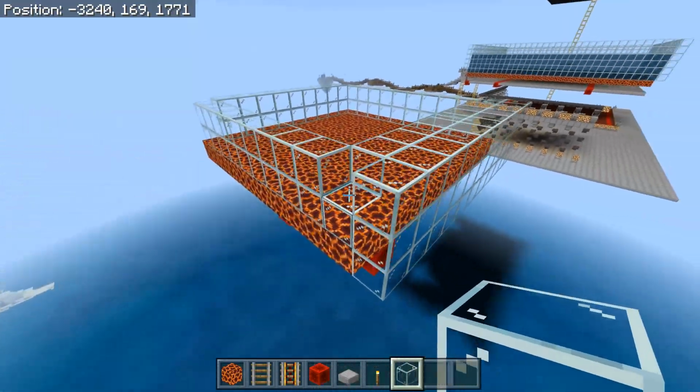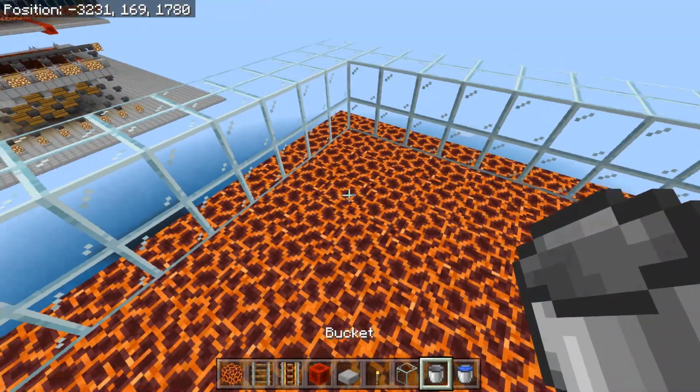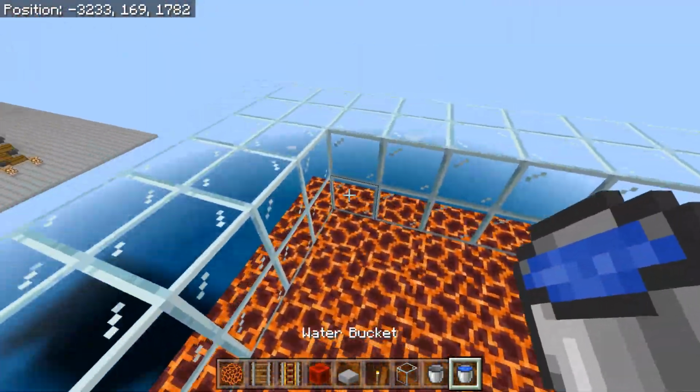We use glass just so we can see through it. You can see what's going on with the farm. You can use any type of block you want. Now what we need to do is add the water in, and it's very difficult to do this with buckets,